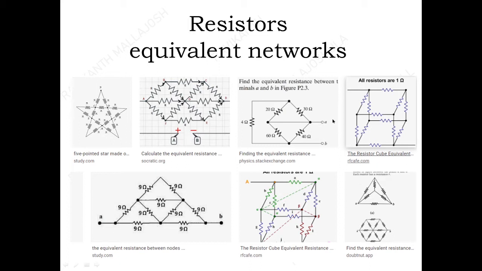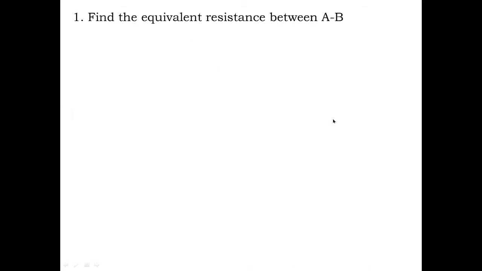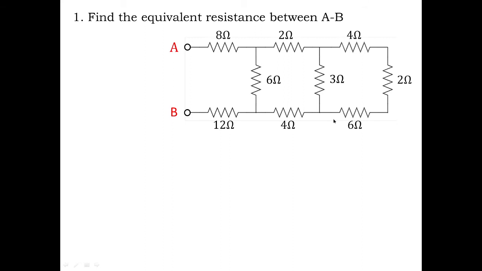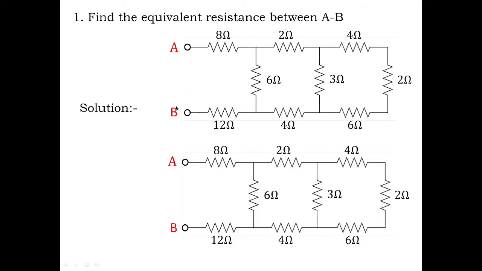Okay. So how do we do this? We'll start off with the basic example. You can see there is an arrangement of resistors in series and in parallel, and we need to find out the equivalent resistance between the points A and B. So how do we do that? We'll take the solution in a step-by-step process. First, I'm going to take step 1.